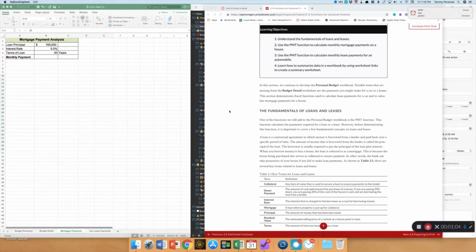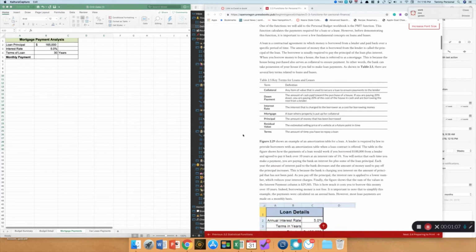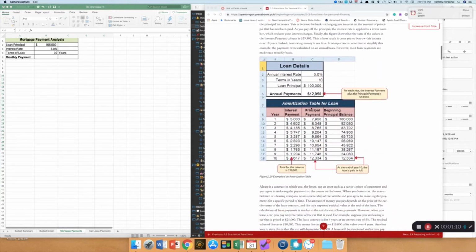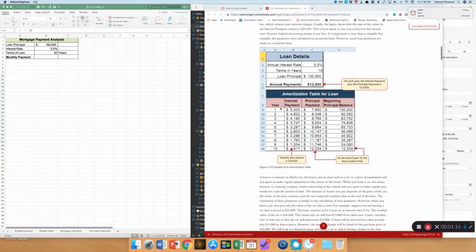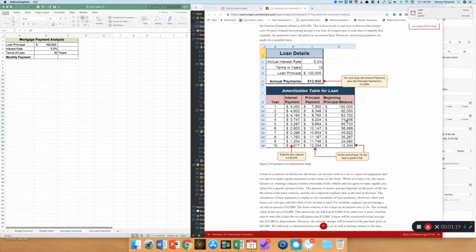down to zero. And I don't want to go into the details of how you create an amortization table in this class. We will when we do finance and capital budgeting, but for this purpose, I just want to touch on the topic that you have basically a standard. In this case, the example that they give is an annual payment, a 10-year loan on $100,000. It gives you an annual payment of $12,950 over 10 years. And each year, the loan applies to the principal on the remaining balance until it goes